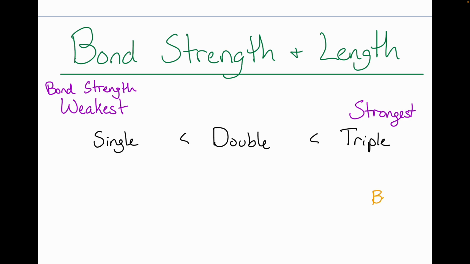All right, if I'm talking about bond length, the sort of trend is the inverse. Our triple bonds are the shortest, and our single bonds are the longest. Right, so you'll often hear triple bonds are the shortest and strongest. Single bonds are the longest and weakest. Okay, so